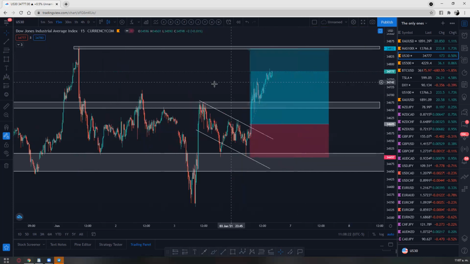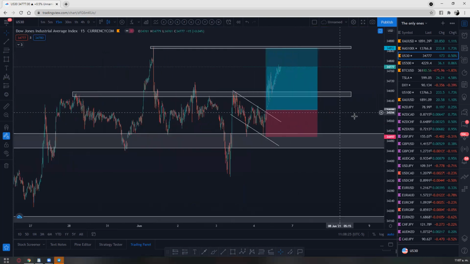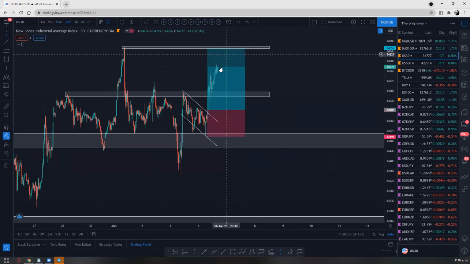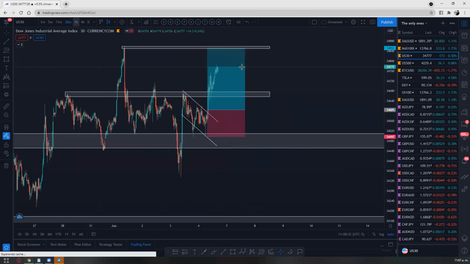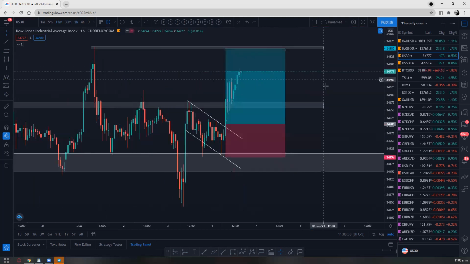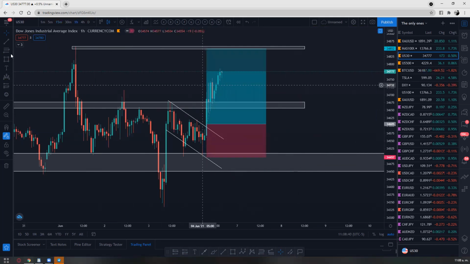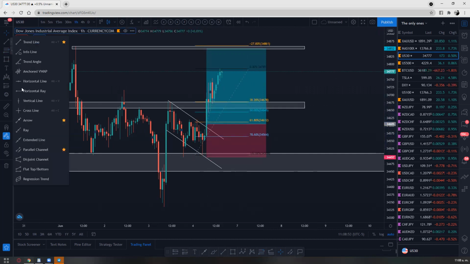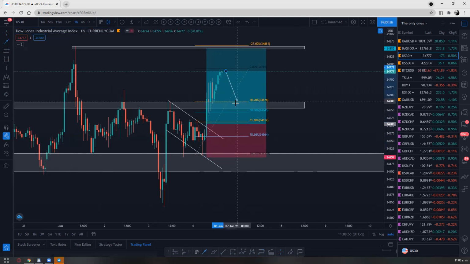So what I'm expecting for Monday, we'll look at it on a 15-minute. The price could definitely still be pushing up, or it could do a pullback at the moment. Let me go on a 1 hour. If you look at it this way, it could definitely do a pullback from this push right here. From the low to the high, you see the 38 is right here at this zone. So I'm pretty sure the price may do something like this, and then continue pushing up.